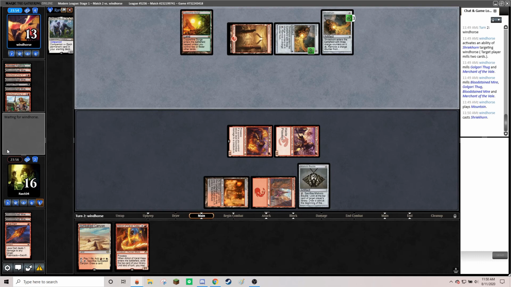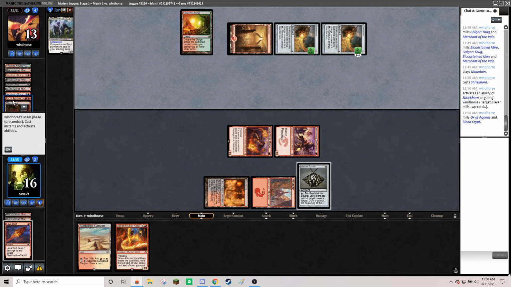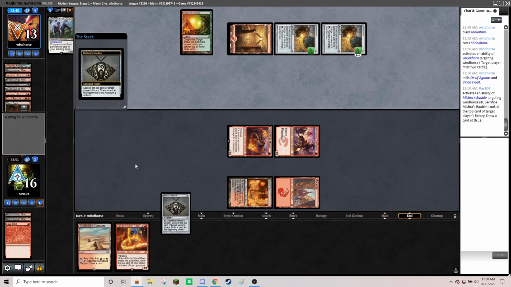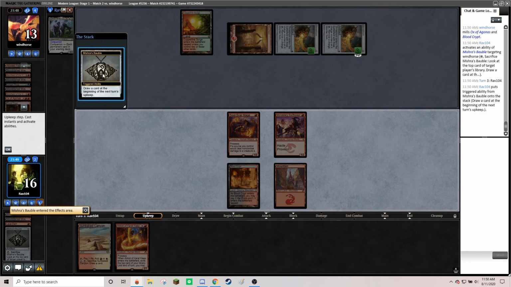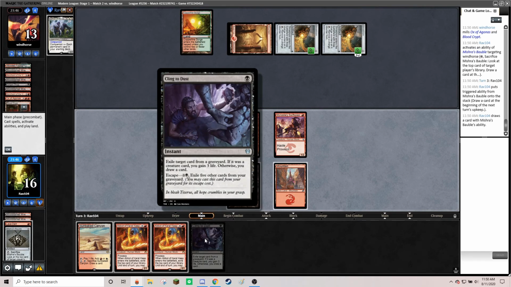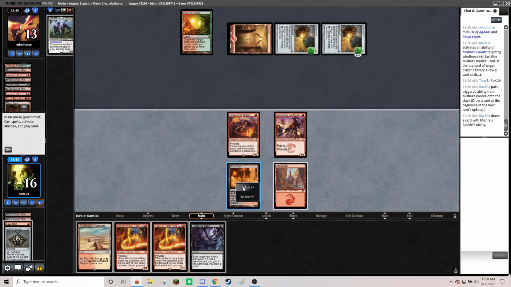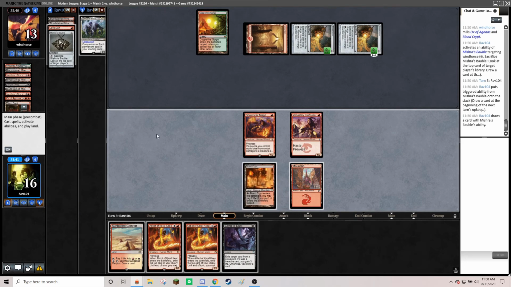Another Shriekhorn. And there's the Ox, which they're going to be able to cast next turn. This is pretty bad. Let's take a look at their top card. It's a Conflag. Abbot. Oh, that's a nice one. All right, let's